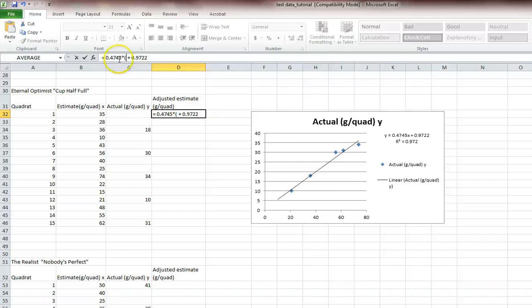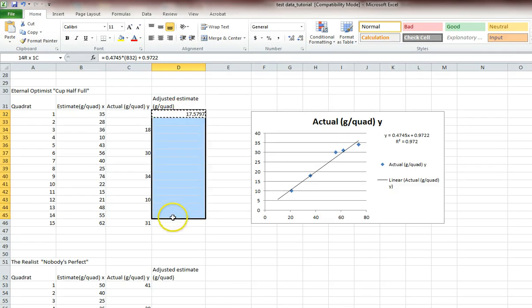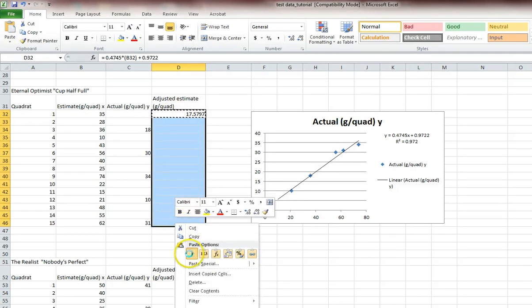It doesn't want the x in there, but what I do want now is to tag the cell that has the estimated value for quadrat 1 and make sure that my formula looks pretty good, and it does. So I'm going to accept that, hit enter, and basically what this has done is that formula has converted 35 grams per quadrat to an adjusted estimate of 17.57. Now I'm going to copy this formula and paste it down here,